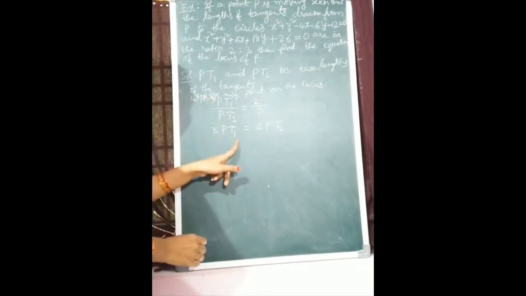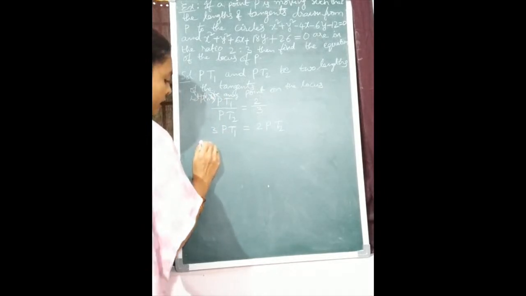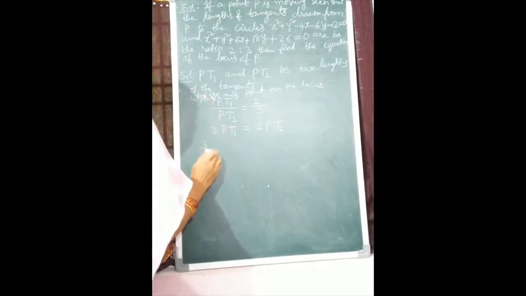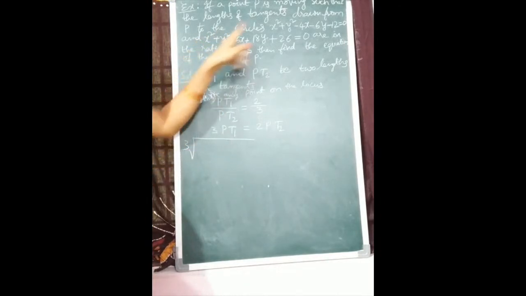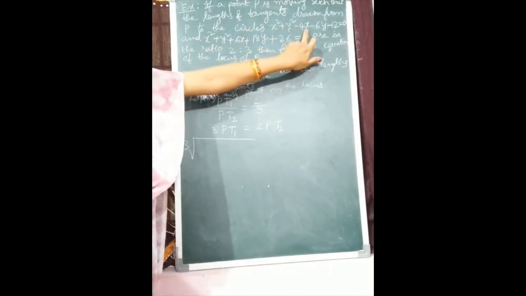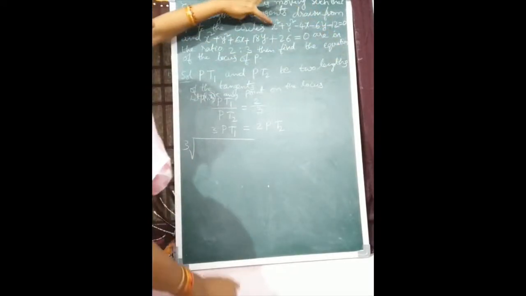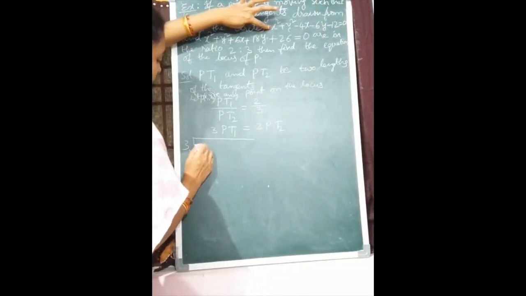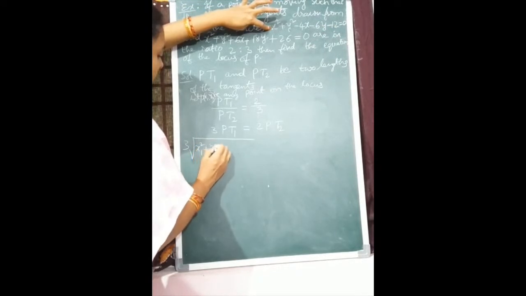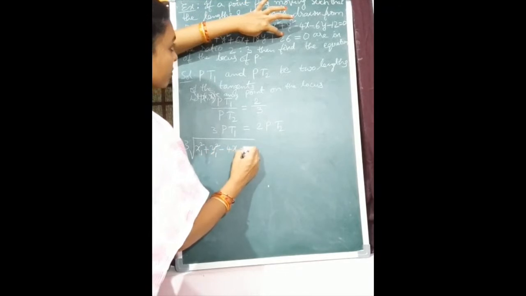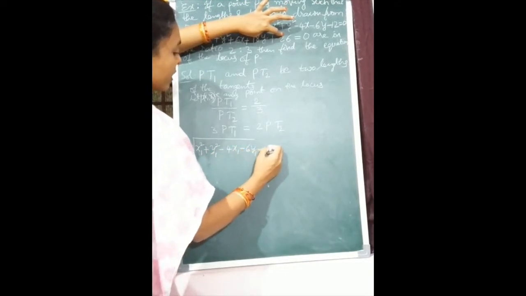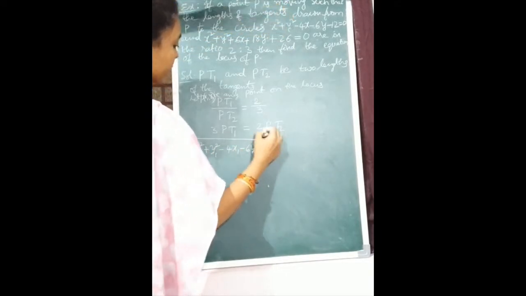So PT1 means root S11. 3 times root S11. Here the point P(x1, y1) and the circle x square plus y square minus 4x minus 6y minus 12. So root S11 means x1 square plus y1 square minus 4x1 minus 6y1 minus 12 is equal to